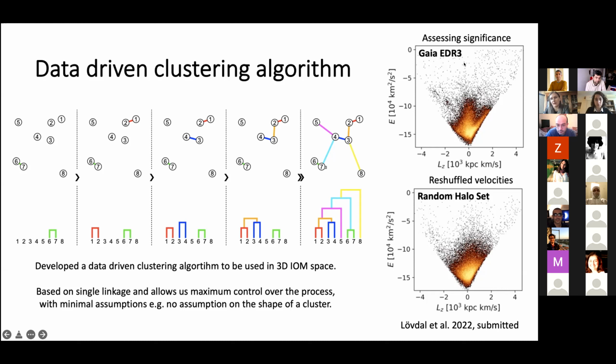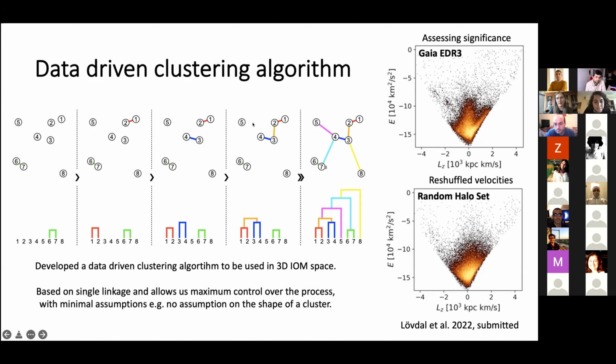And you can see actually that things like this little overdensity here is not in the random halo set. And we make 100 of these random ones, and we use the averages of these to look at how many stars are within the